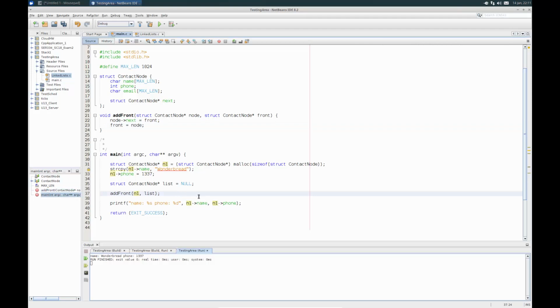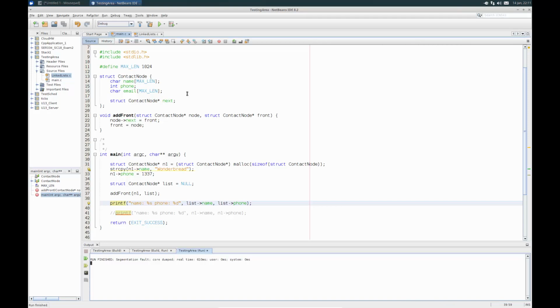Let me try, we'll do printf on, well, I will borrow this line over here. So I'll borrow this line and put in list. So this should, in theory, print out the information for the first thing in that list, okay? So this actually should not work. Let's run it and see if we get a nice error or crash or out of memory error. Let's see what we get. Let's try this out.